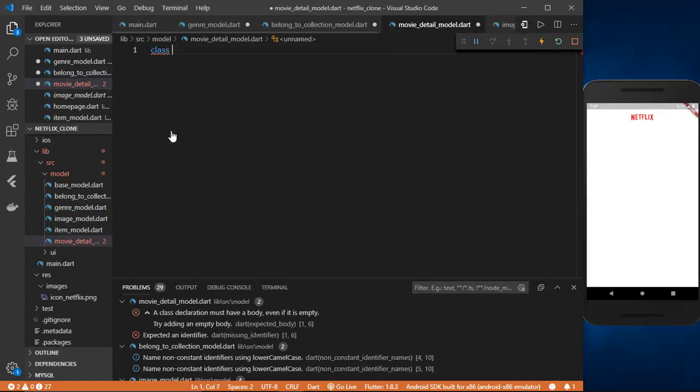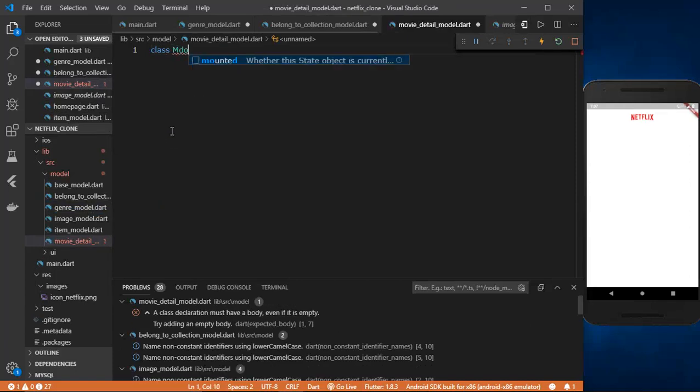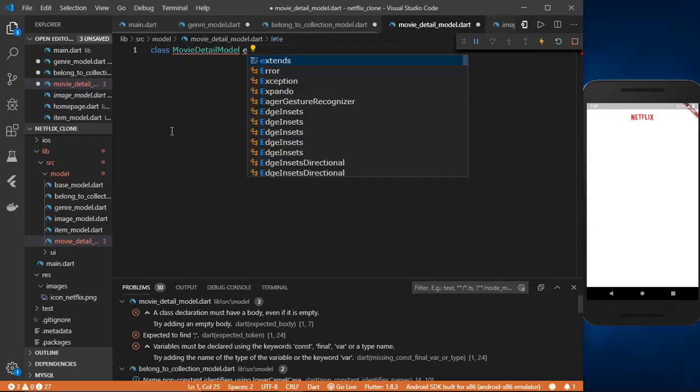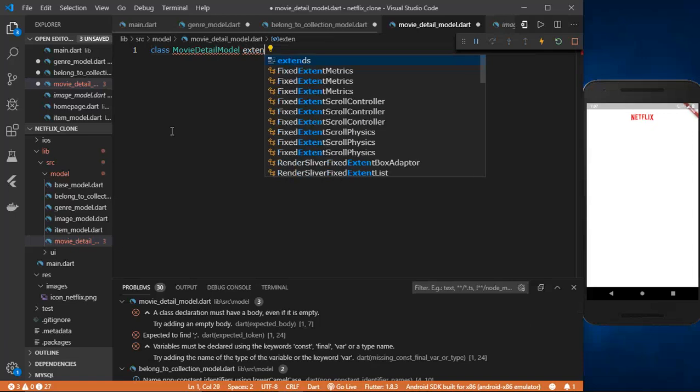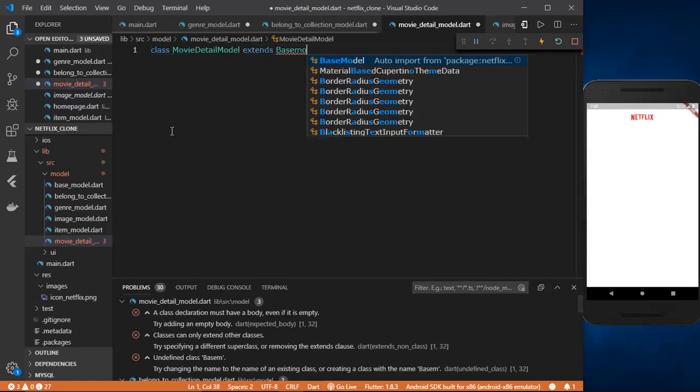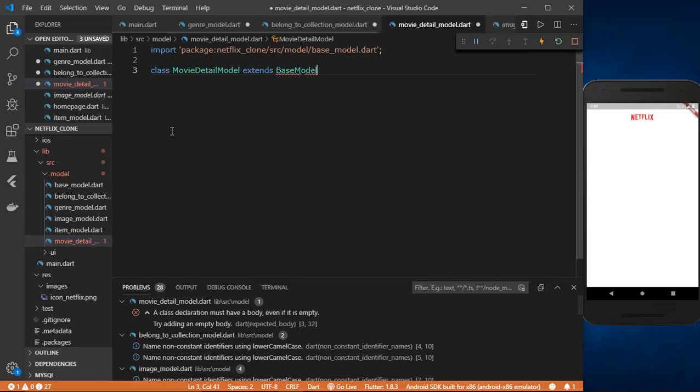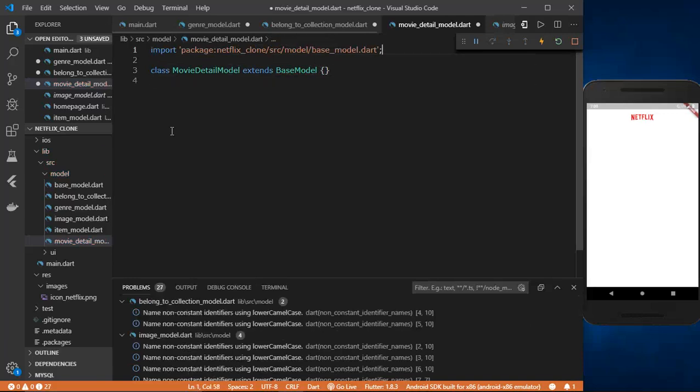So class movie detail model. This should extend the base model, so extends base model, and inside of this